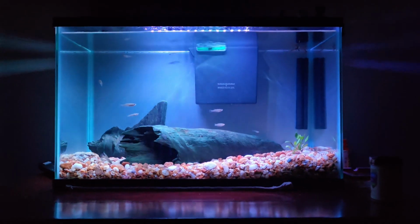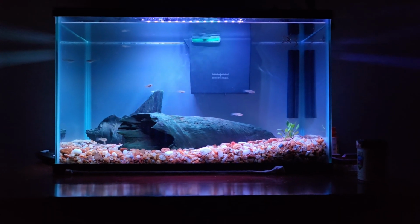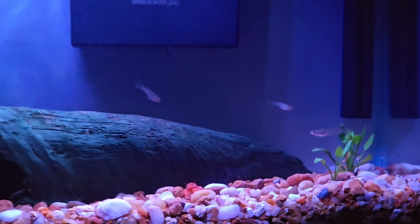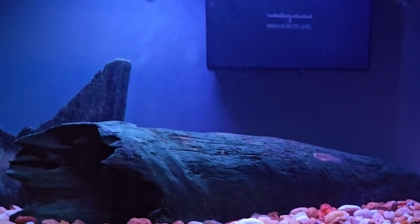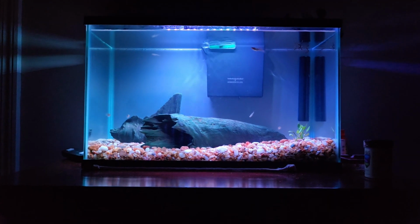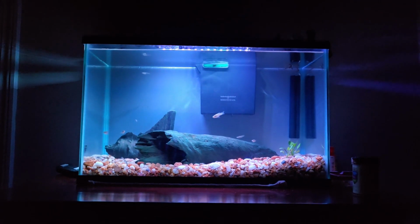I'm not real big on 10-gallon tanks, so I wanted something that was going to be simple, and I think I came up with as simple as I could get other than just nothing in it, and, you know, you can't do that. But yeah, I think I got like $8, $10 in this tank with the filter up the top. I went to Walmart and bought some of them little...